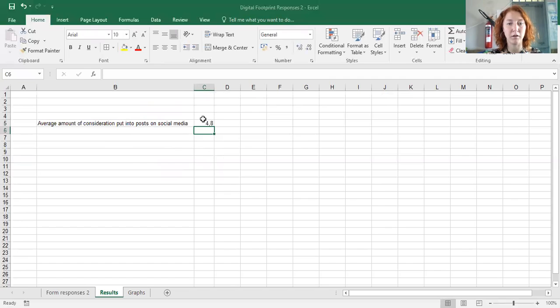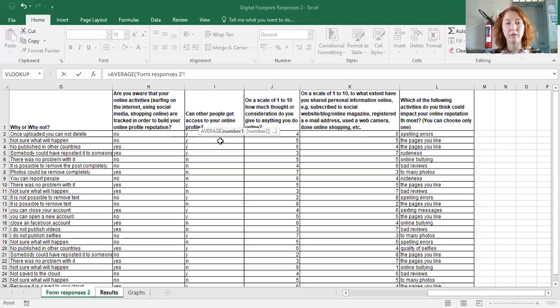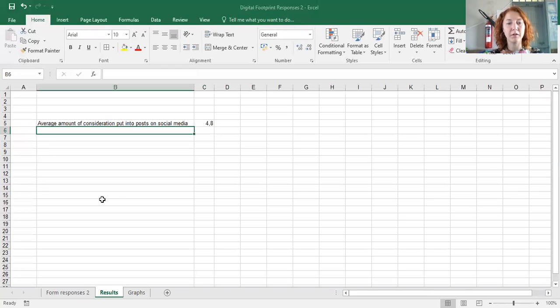Okay, I'm going to show you this one again just to make sure we're all on the same page. Here, delete, equal sign, type in the word average with a bracket, click on form responses sheet, select from cell J2 up to cell J31, and I'm just going to hit the enter button from there. Okay, so that's my first one. The next functional formula that we can do